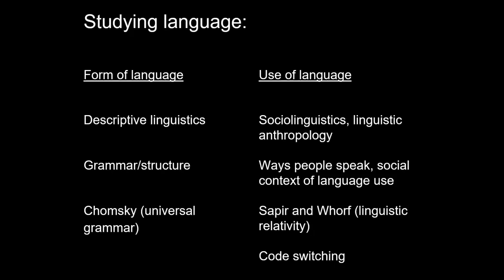In the second column, I'd also put some of the other important concepts for thinking about language that we're going to talk about in this lecture and that are mentioned in your reading. Things like code switching, right? So code switching is not really about the structure, like, how many kinds of nouns are there. It's more about how people employ language, or in this case, multiple languages, in their day-to-day lives in response to the social context in which they find themselves. Okay, and we'll talk a little bit more about code switching in a few minutes.